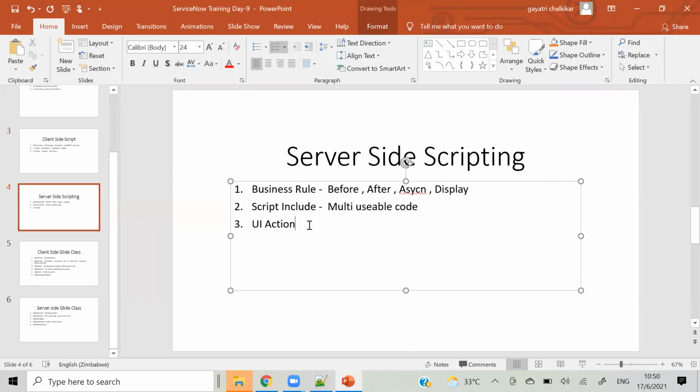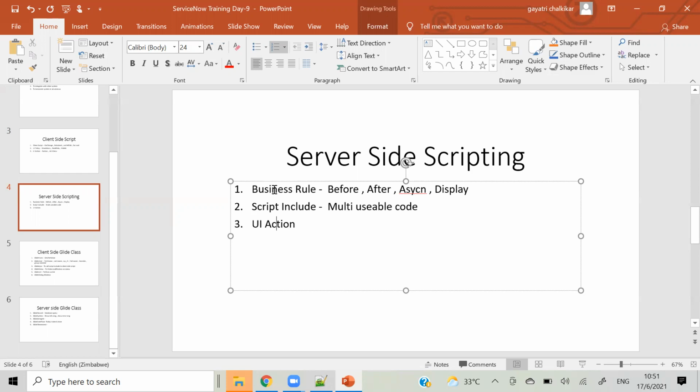So Gautam, that needs to be done in the button click, right? I think if we click on resolve, then automatically we need to check whether the child incidents are closed or not, right? Correct. I think we can use business rule, right? Yes, we can use business rule, but here we can use two combinations. We can use business rule, and you can use UI action also. Like we have that resolve button, right? So you can write code inside that also. You can check the condition inside that also. If that agrees, you can resolve.